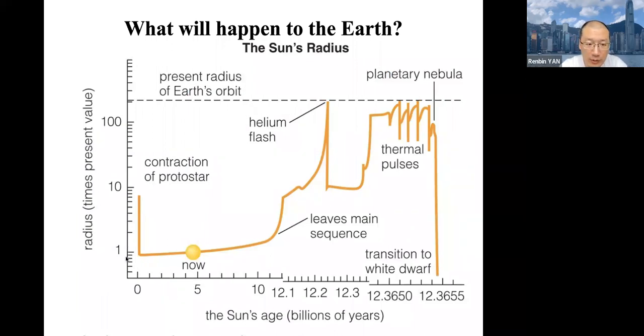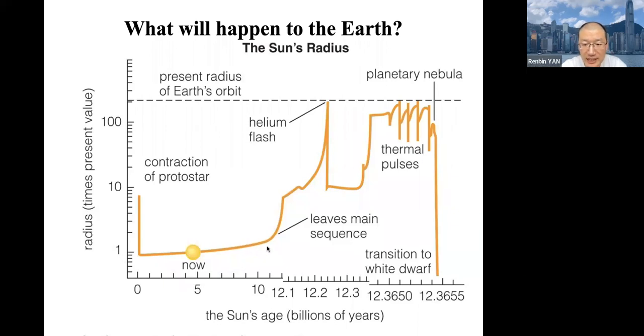So here, what I'm showing you is the radius of the sun as a function of its age. So this is from the 0th age into 10 billion years. And this stage is basically the main sequence stage. At the beginning, this very beginning part is the protostar stage. It lasts a very short amount of time, but the sun spends most of its time on the main sequence. Its radius changes very little. It gets a little bit bigger over the 10 billion years, but not very much.